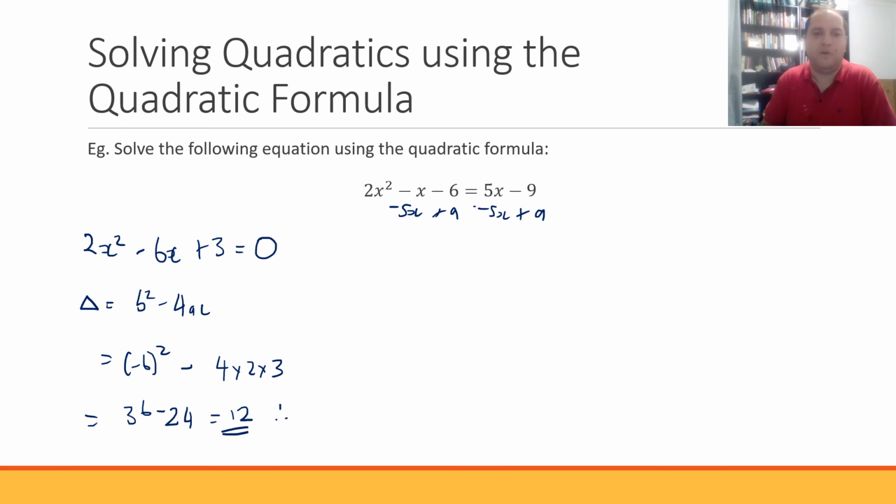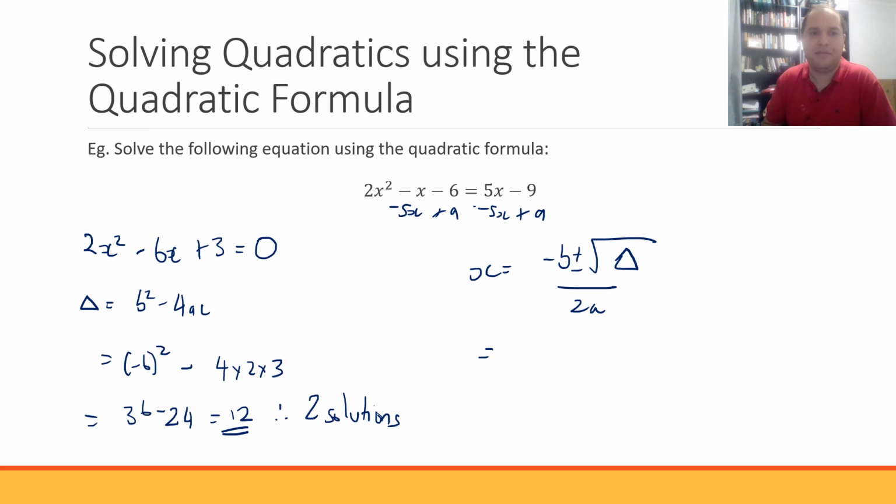So therefore our discriminant is positive, so we've got 2 solutions. We'll have 2 answers, so we should keep going because we know there's definitely going to be 2 solutions. Our quadratic formula is x equals negative b plus or minus the square root of the discriminant, over 2a. And just subbing those values in,